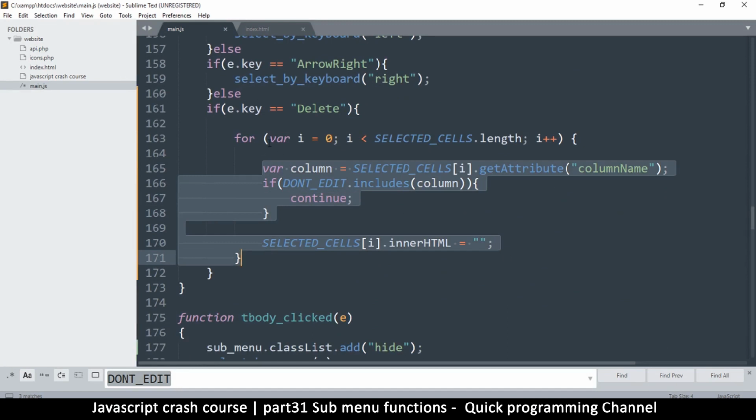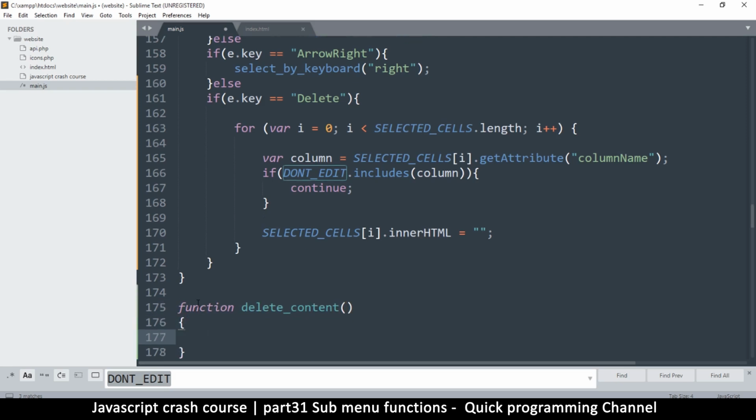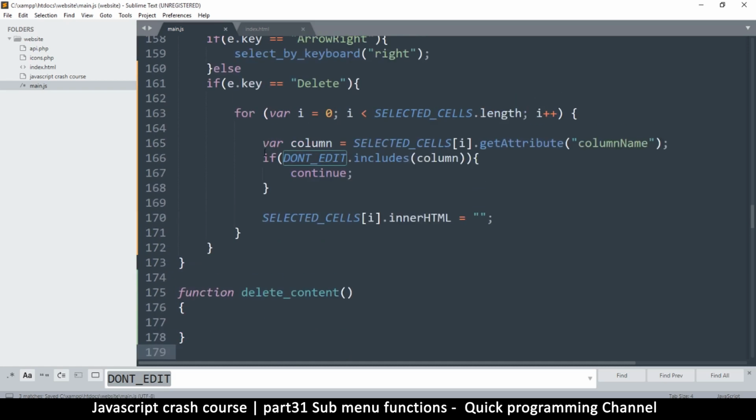Because I'm going to need other parts to delete as well, I might as well create a function. So function delete content, something like that. I don't want to use just delete because sometimes it's a keyword. So I'm going to, what is this here? I'm going to loop through the selected cells,